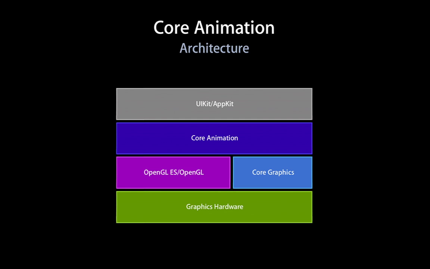But one of the great things about developing for the iOS and Mac OS X platforms is that your app can always reach down from the top level as far down as it needs to go. Hopefully, the higher up you are in this block diagram, the more that's taken care of for you automatically. So you can get great effects very concisely just using UIKit. If you want to punch it up again, you can drill down a little bit into Core Animation